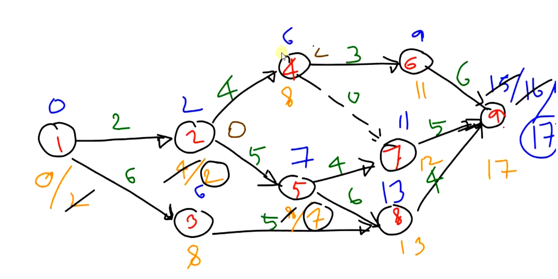For event number 6, it is again 2. Here also it is 2. For event number 7, it is 1. Event number 5, it is 0. Event number 8, it is 0. Event number 3, it is 2.